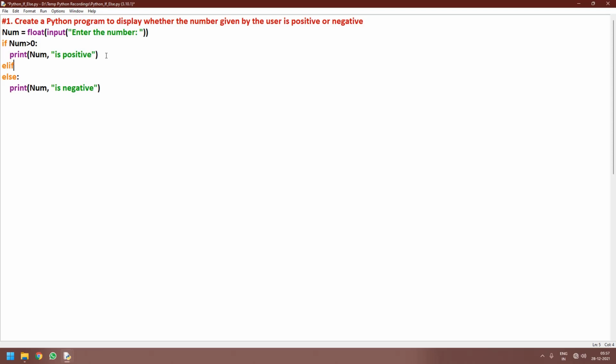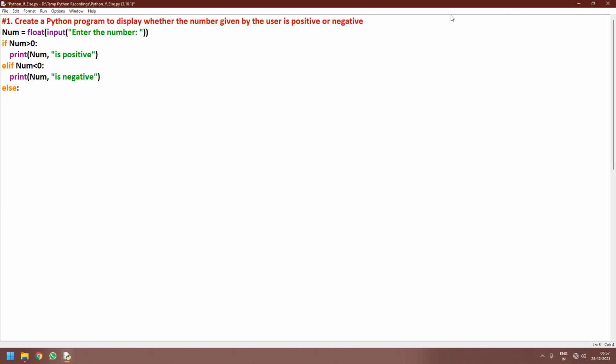Now we can introduce elif. I give the condition elif num is lesser than 0. Then I take this printing statement and put it above, and then in the else part: see, if it is greater than 0 it is positive, lesser than 0 is negative, and else it is going to be 0.